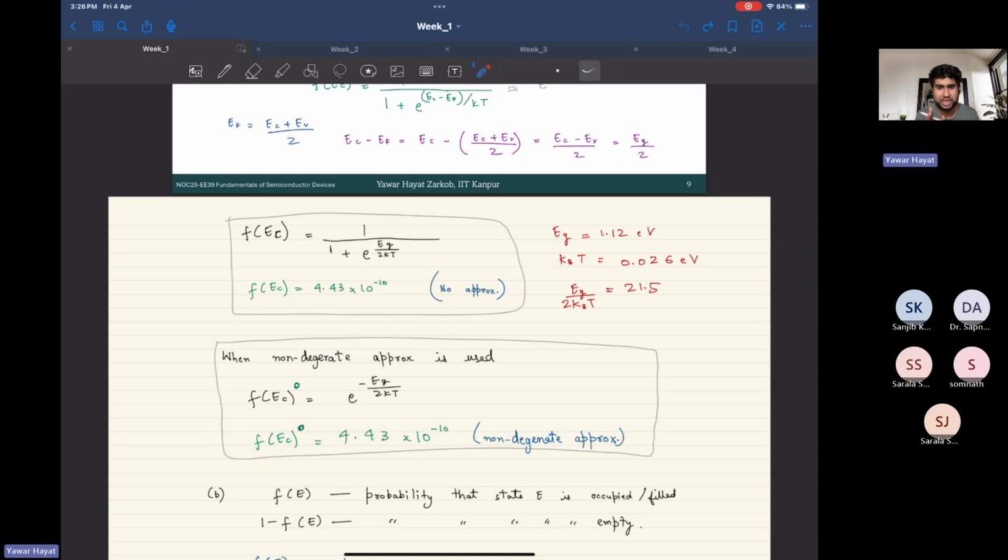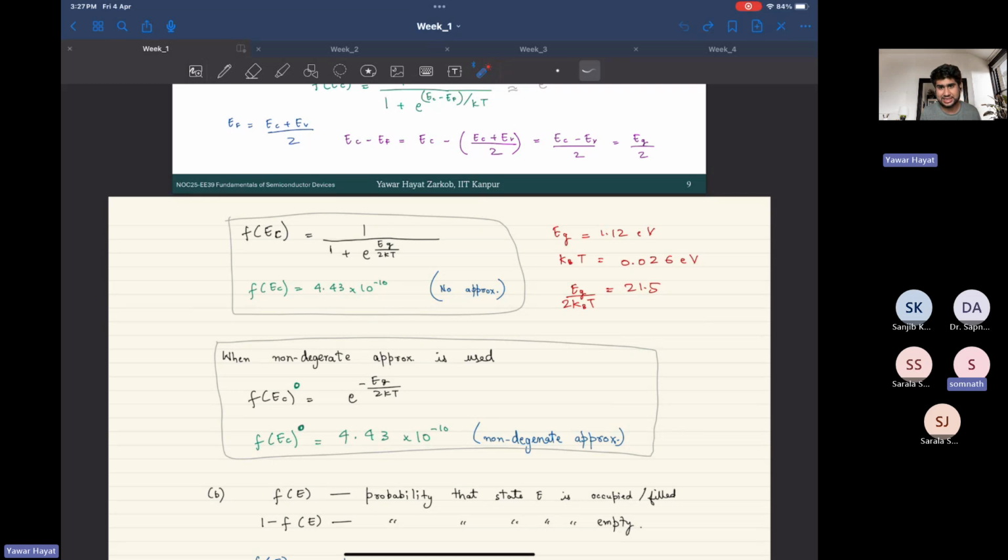Firstly, what do you think would determine if a semiconductor is degenerately doped or non-degenerately doped? Sir, if the Fermi level is located very near to the conduction band or very near to the valence band, that is degenerate doping. The more it is far away from that, it is non-degenerate. Yes, right. See, if you take the difference of the conduction band edge or valence band edge and the Fermi level,